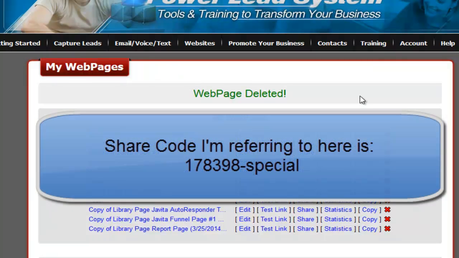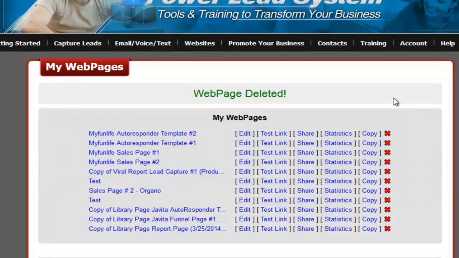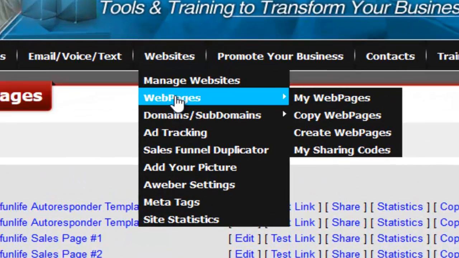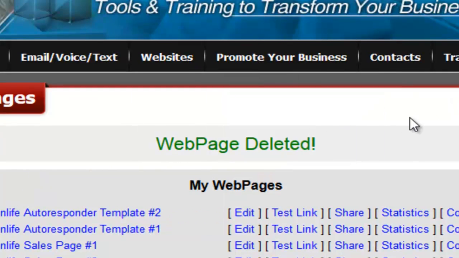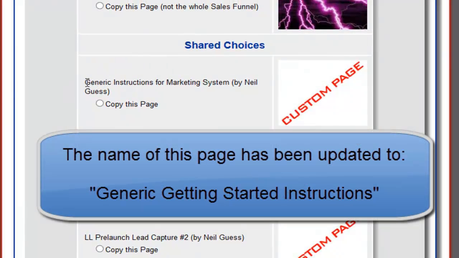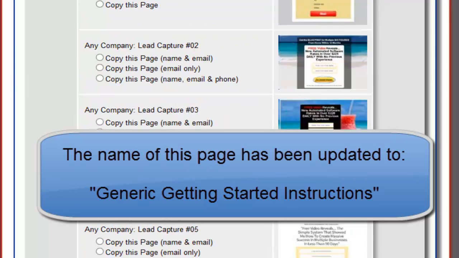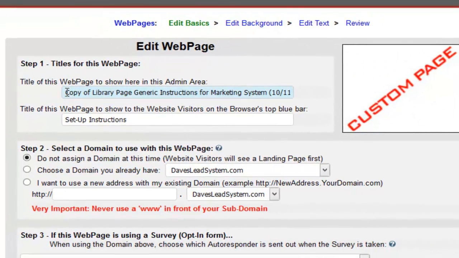So I'm going to assume that you've already uploaded that share code into your back office, and you've got the pages in that share code waiting for you in your website section. So assuming that's true, you're going to hover over websites, hover over web pages, and click on copy web pages. And the one you're going to make a copy of is right here, called generic instructions for marketing system. So just click in that circle, make yourself a copy, and then what you want to do is label this